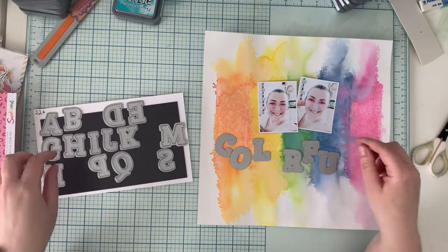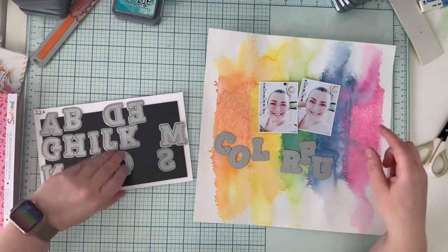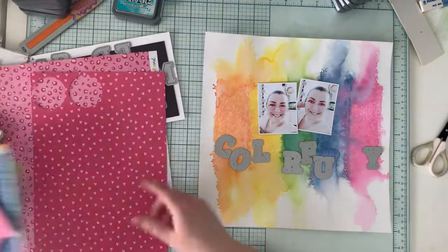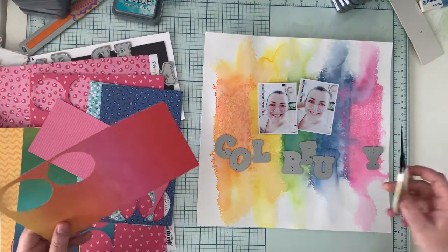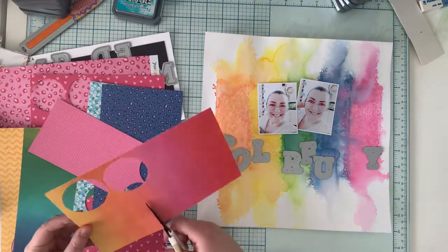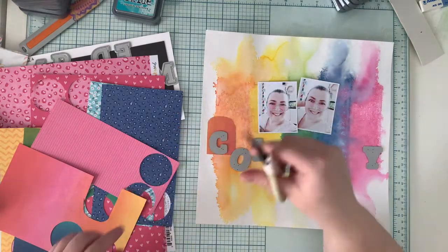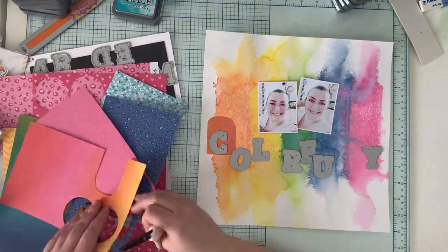I left everything to dry, air dry. I didn't use a heat gun because a heat gun makes the paper wave a little bit more than it does when it's air drying. As you can see, colors faded, and this is something that also always happens with